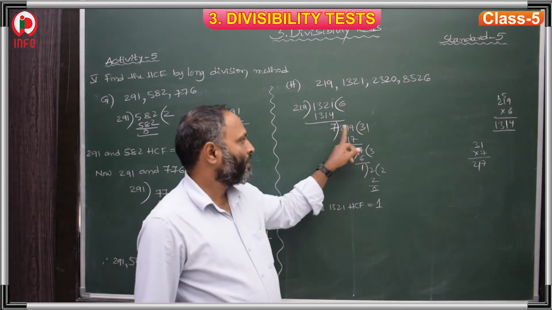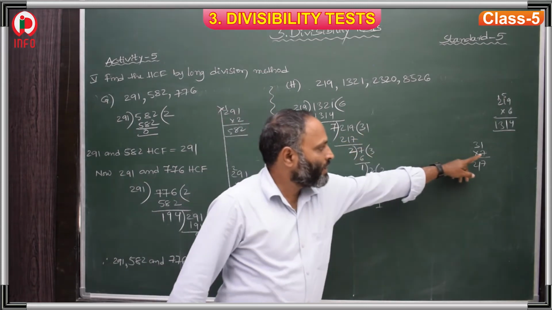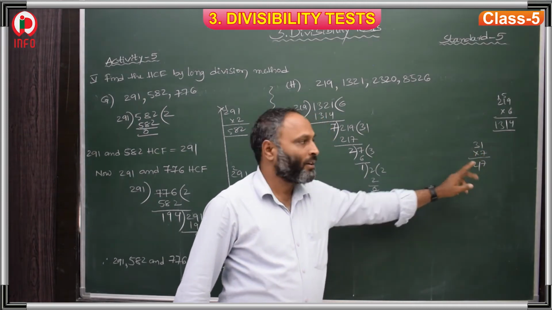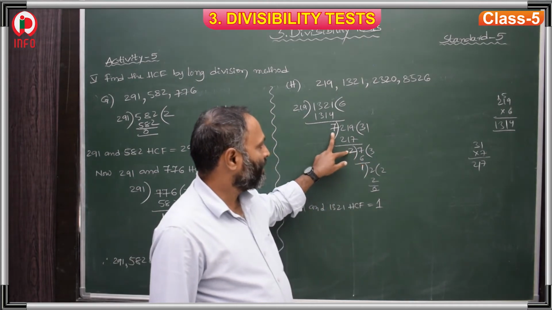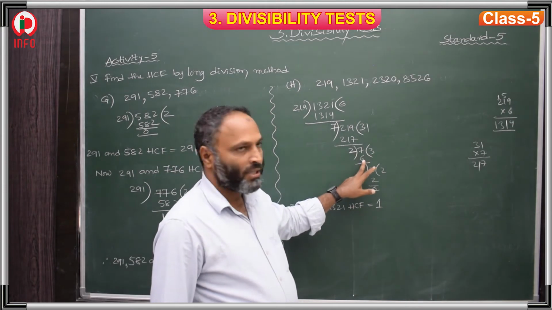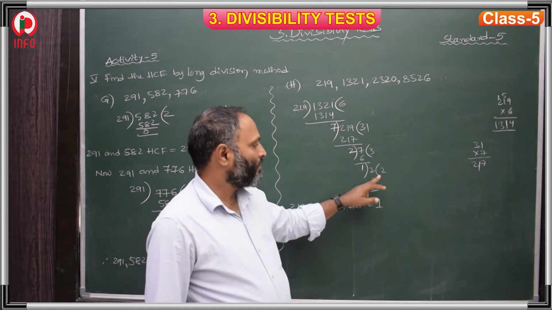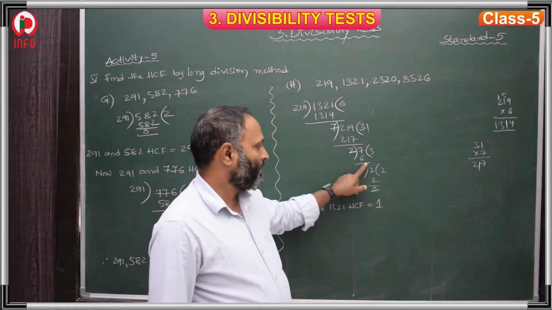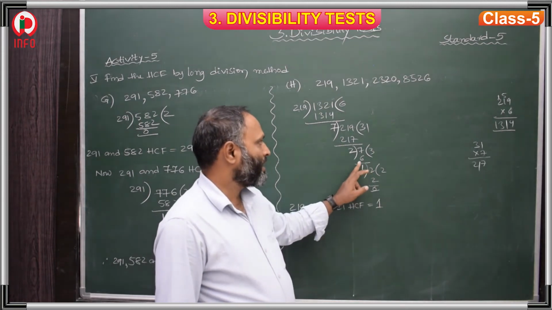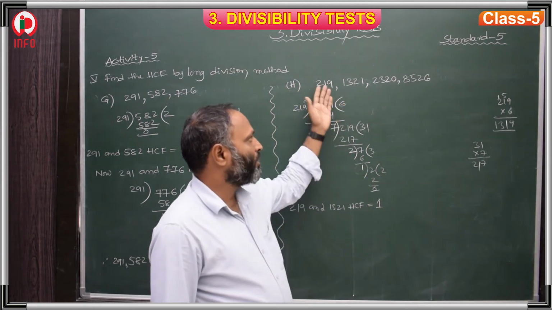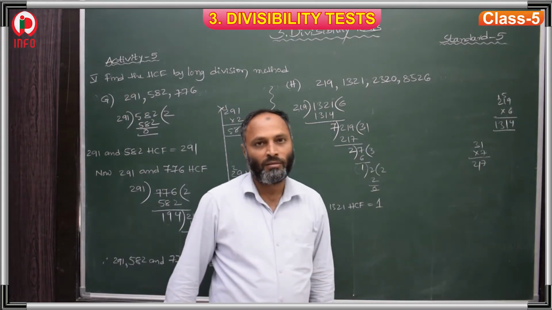Here 731s are 270. We did here 731, 7 is 7, 7 threes are 21. 731 are 270. If you do minus, then 2. Again this remainder with this divisor. 7, 2 threes are 6. And here minus is 1. 1 with this divisor, 1 twos are 2. Then remainder is 0. At final 1 is the divisor which makes the remainder 0. It means this is the HCF. If the HCF of 2 numbers is 1, it means co-prime numbers, no doubt the others also. 1 is our HCF. No need to do these big numbers.